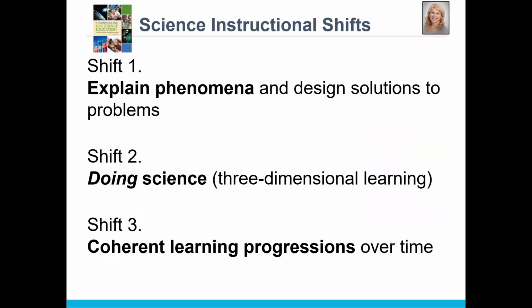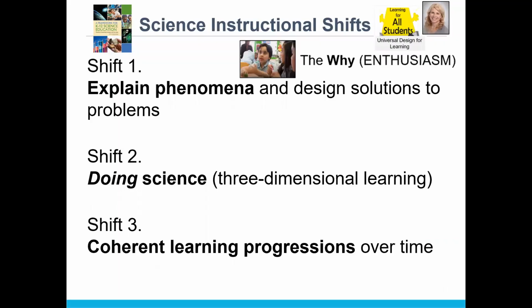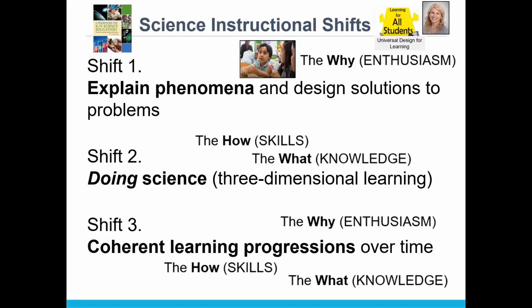So if we pull these two things together, the framework research and the Universal Design for Learning, we see that explaining phenomena, that shift is really closely connected to that why piece, that enthusiasm for learning piece. If I'm excited, curious, if I have my own personal questions about a phenomenon or an event or process in the world, then that is more likely to engage that part of my brain network that is going to give me that enthusiasm. The doing science takes that enthusiasm and gives kids the opportunities to do both the how and the what